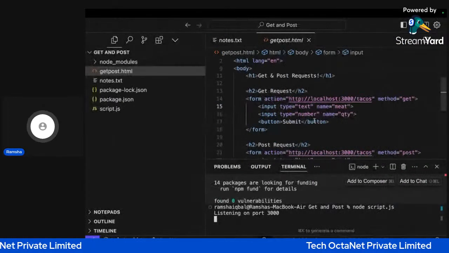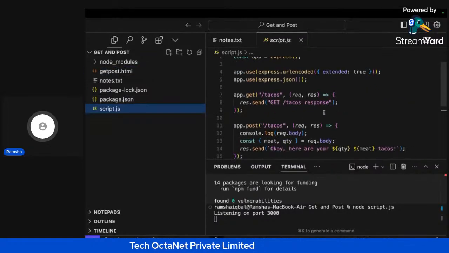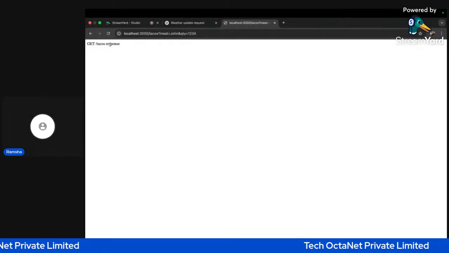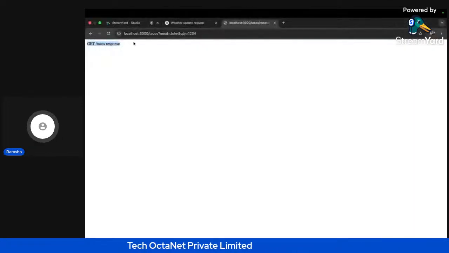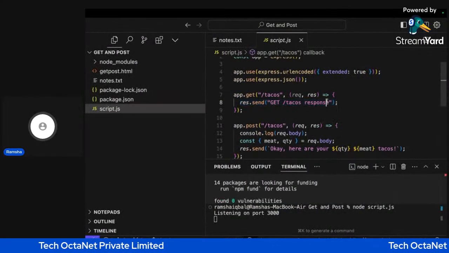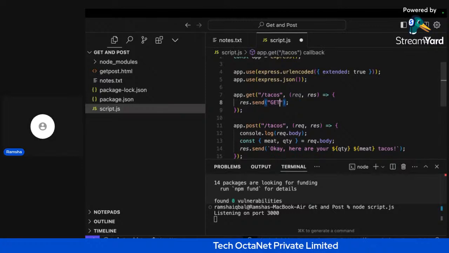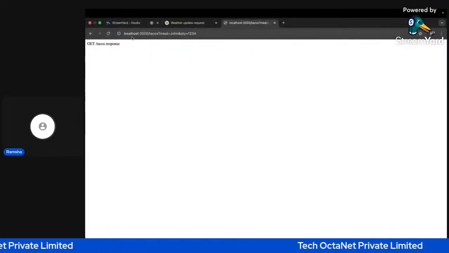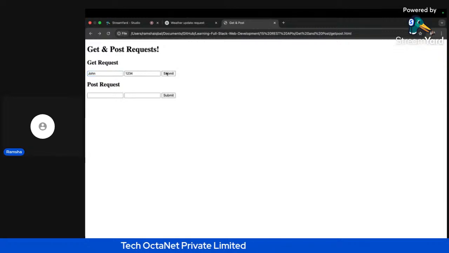Let me just try posting something. Yeah, so now if you see here, whatever we were console logging here, get tacos response, that is being displayed on the browser. See here. So what we were sending as a get request, we are able to get that tacos response. If we change it to something like this, get request successful. Okay. If I save this and I click on refresh, let's just go back again. And if I click on submit,